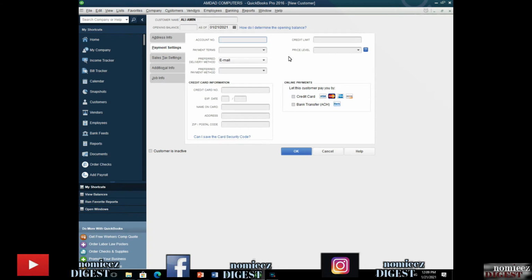Here you can do some payment settings before your project starts, like you can provide any account number with which your customer will pay you. You can decide any payment terms, like these are the following payment terms which could be adopted by you, or you can add any new payment term. For example, net 15 means that your customer will pay you after 15 days, net 30 means the customer will pay you after 30 days, and net 60 means the customer will pay you after 60 days.